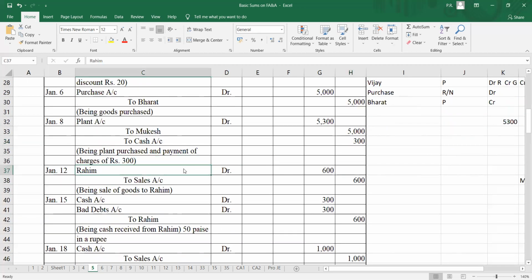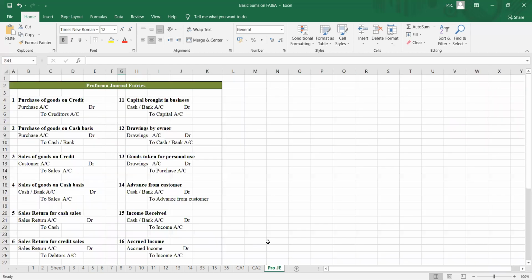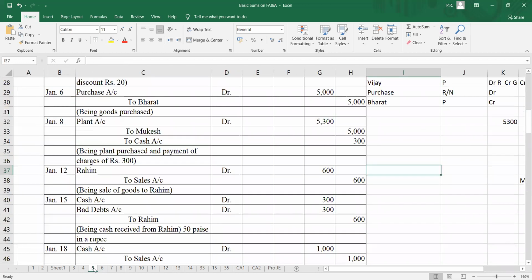Now let us come back to one more transaction, that is the transaction of January 12. Sold goods to Rahim on credit. Here it is a simple entry, selling of goods. I hope you remember I had given you this Excel sheet where I have given you the pro forma journal entries also. So what is the entry for purchase of goods on credit? Purchase account debit to creditors. Why purchase account debit? We assume it to be either a personal account, a real account or a nominal account. Purchase, if I say it's a real account, debit what comes in. So I'll say debit what comes in. Purchase is debited. And creditors are the giver of benefit. It's a personal account. So I say credit the giver of benefit. So in this case, the entry would be,